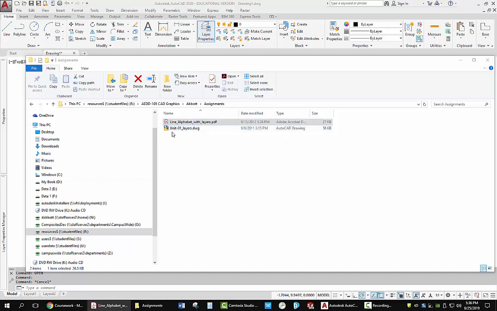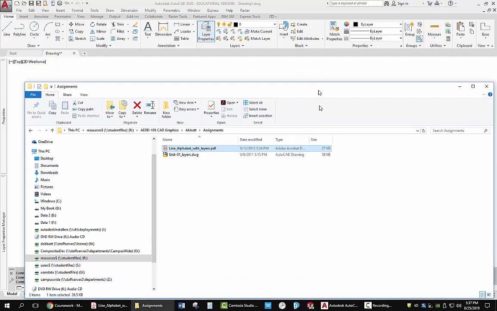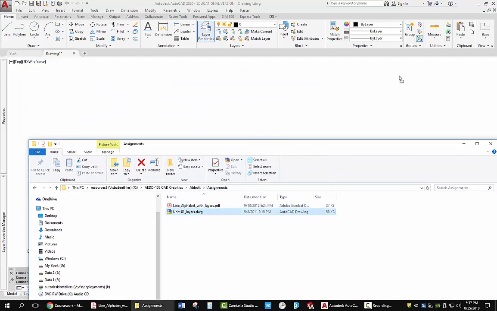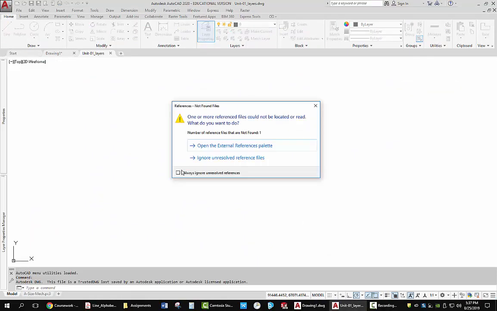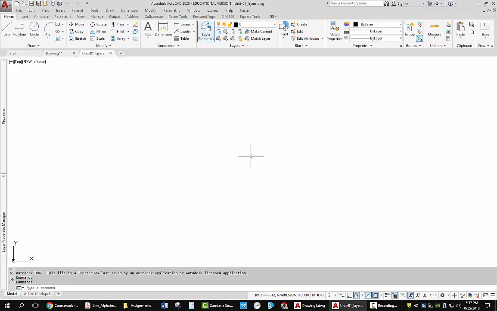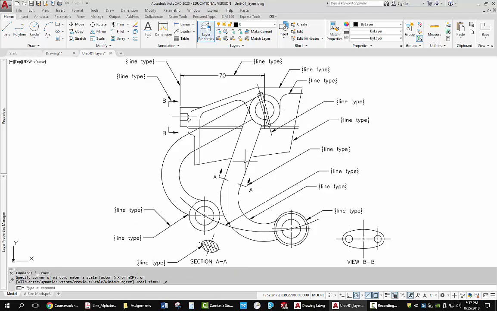There's also a drawing in the R drive, Unit 1 Layers Drawing. You're going to have to open that drawing. I'm just going to do it here by dragging it up and dropping it into AutoCAD. Just pick Open. If you get this error message, ignore unresolved reference files. Now when you're done, it looks like you have an empty drawing, and this is a classic in AutoCAD where people will open a drawing and say there's nothing in it. Double click on the middle wheel on your mouse, it'll do a zoom extents,